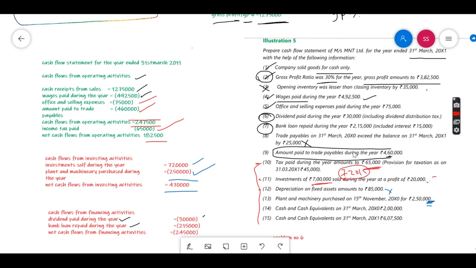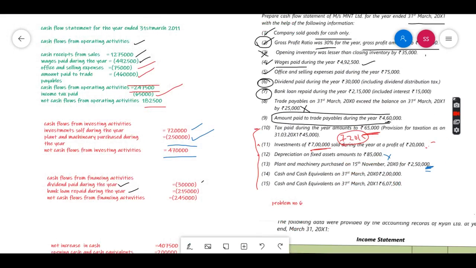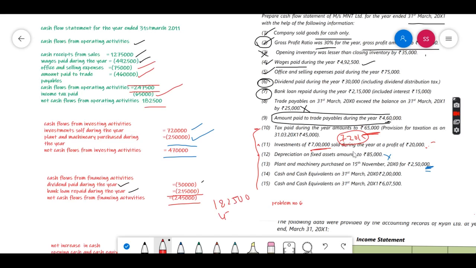Financing activity is 30,000 and 2,15,000, and then 2 lakh. If you do that, you'll get the minus figure of 2,45,000. And then 1,82,500 is a positive figure, and then 4,70,000 is a positive figure, and then minus 2,45,000. If you do this, you will get the